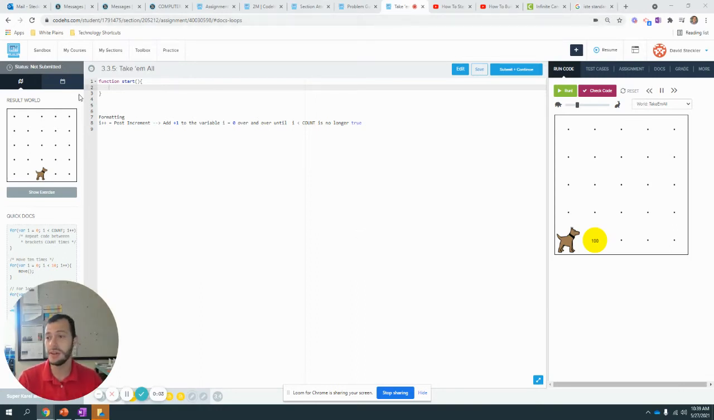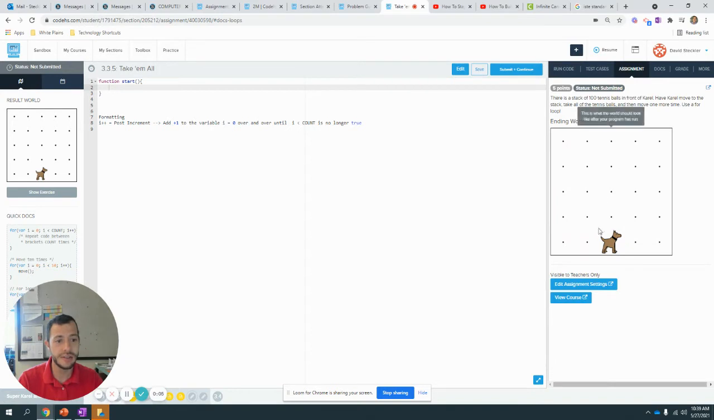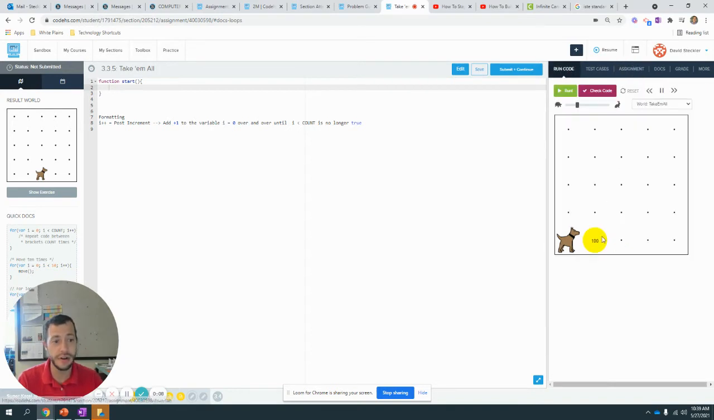So what do we do? In order to solve this challenge, what we want is Karel to take the stack of 100 tennis balls over here and move one spot. So in order to do that, we could just have Karel move and then take ball 100 times and then move again, but that's not very efficient. So what we are going to do instead is learn how to repeat a command using a